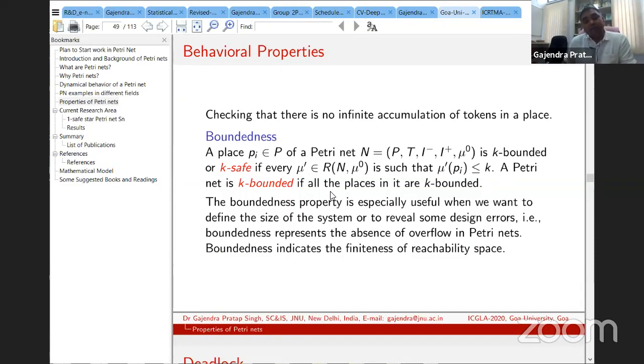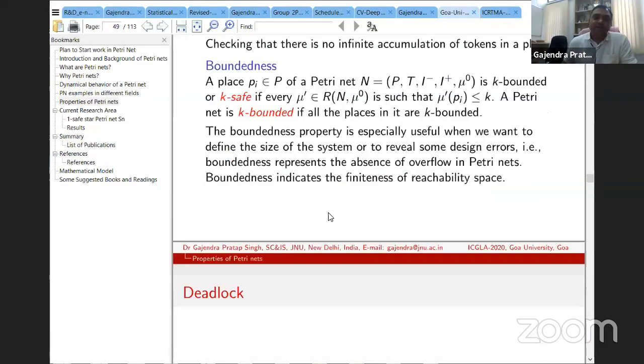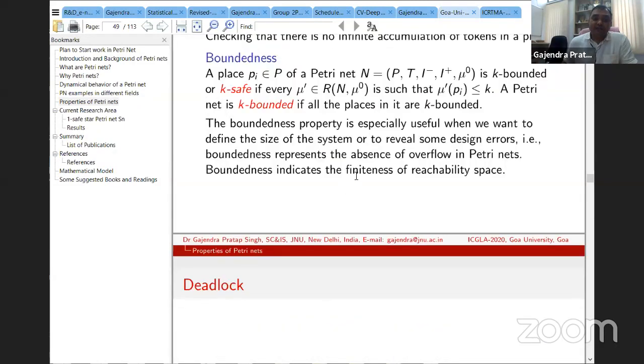So I was motivated by this bounded property. Then, in discussion with Professor B.D. Acharya sir, he said, why don't you put k equal to 1? If we take k equal to 1, it becomes one-bounded. And one-bounded is the concept which is called here a safe Petri net or safeness. If we have 0-1 sequences, I will show that in the next slide. So then we will study the one-safe Petri net.